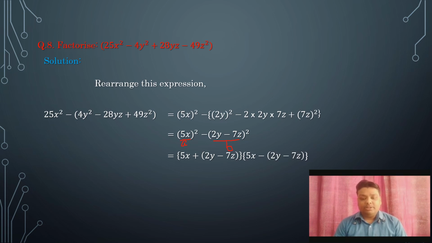Now we will open the bracket. Here outside plus sign, then no sign will change. Here outside minus sign, then here the sign will change. This minus will be plus. Now 5x, 2y, 7z, all three terms are not like terms, so we cannot solve it. This also we cannot solve. So this one will be our answer. I hope that you all have understood, students. Okay.